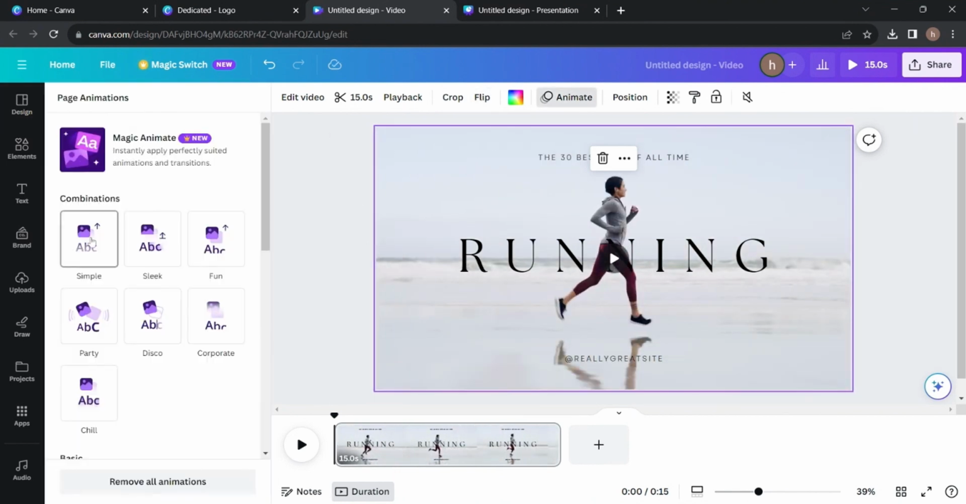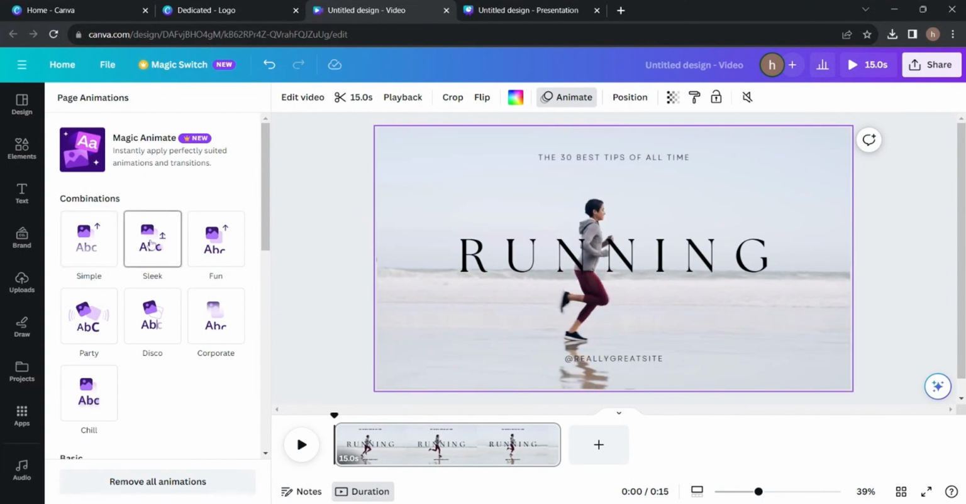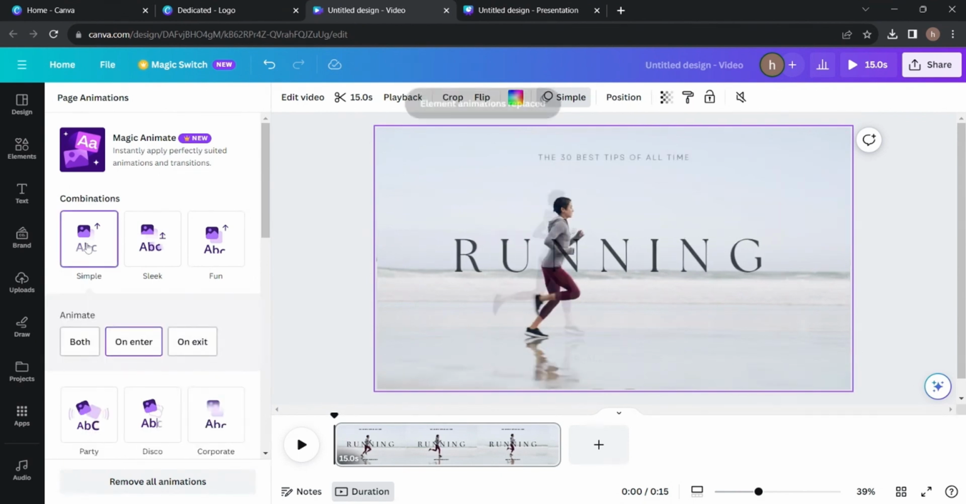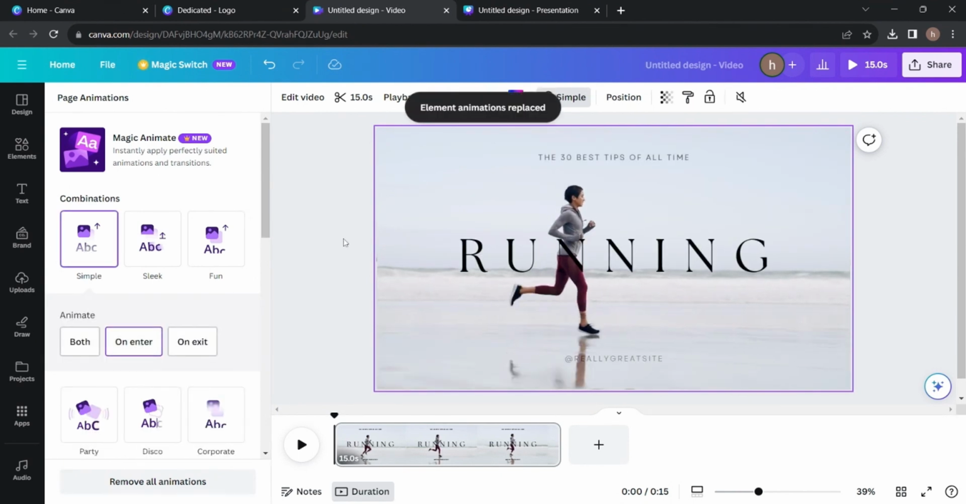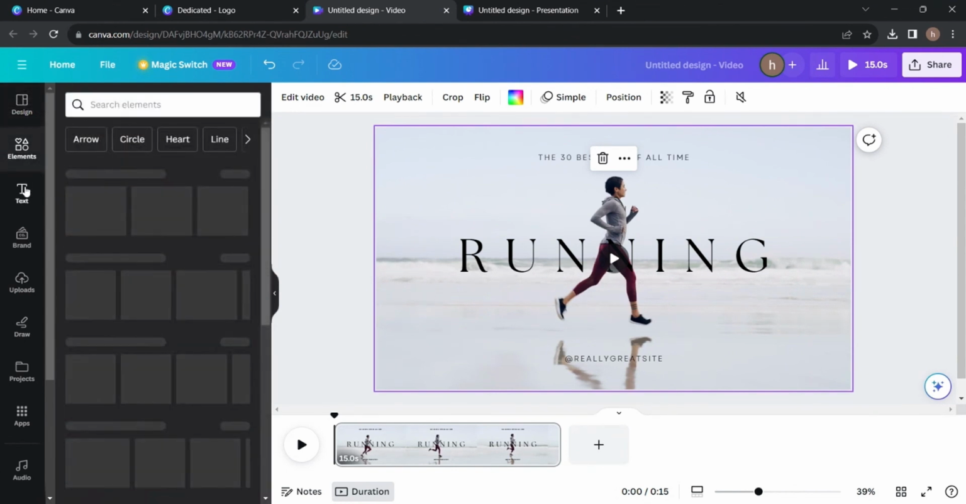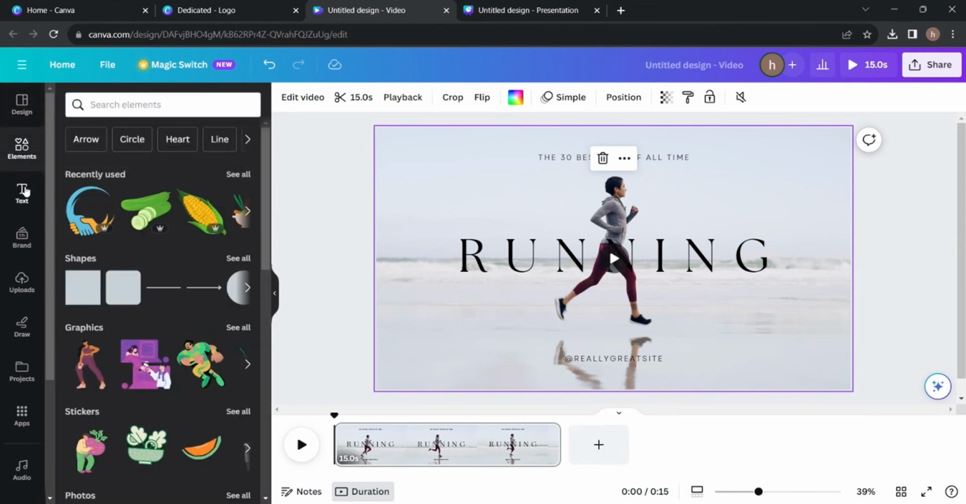Also here, you can just put in animations. Just look for the one you find best. Just a simple one. Sounds good to me. And also here, you can just add all kinds of elements, a text box, just the same as with the logo. If you want to add another scene,